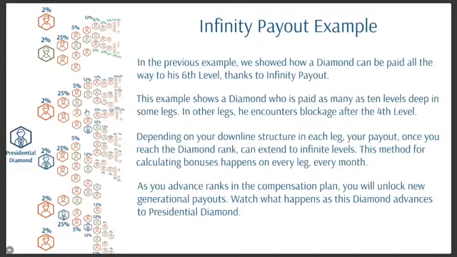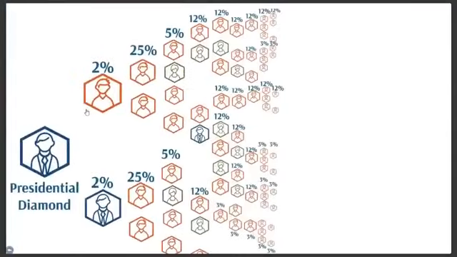So what that actually does to the organization, and let's zoom in again so you can kind of understand and get a better look at this, is that over here before where they were blocked at that 4th level because they had a presidential diamond, okay, well, great. Yeah, all the way down to the 4th level, they're getting that 12%. But now that this presidential diamond is occupying 12% here, we're going to look for that next percentage that needs to be paid, which a presidential diamond gets 2 percentages paid at 3%. So we're going to pay him 3% there. And then we're going to pay another 3% here, right? So that's them just getting their guaranteed 6 percentages.